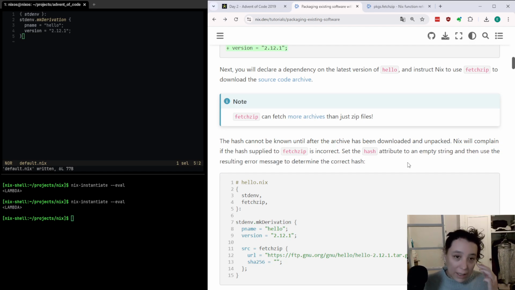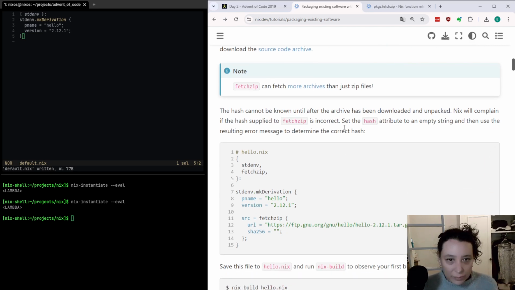All right. So first we have to pass, I guess this is the hash. SHA-256 is a hash algorithm, so this is the hash. And we set it to the empty string like they said,